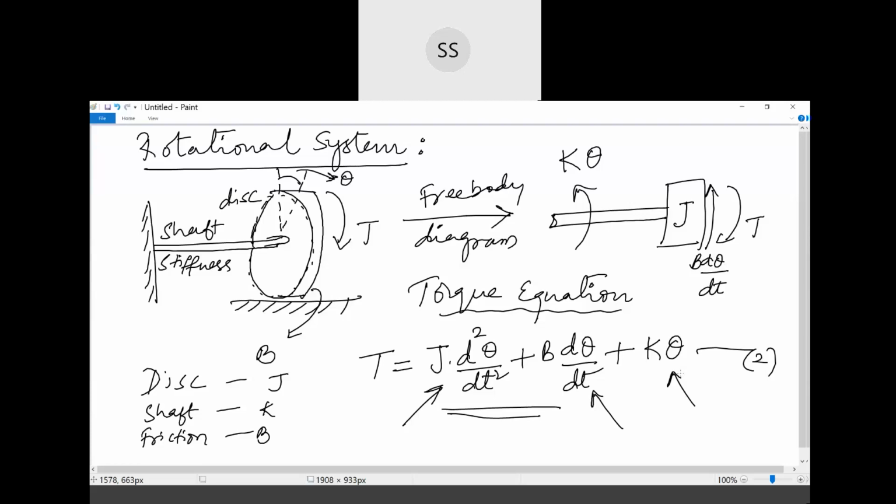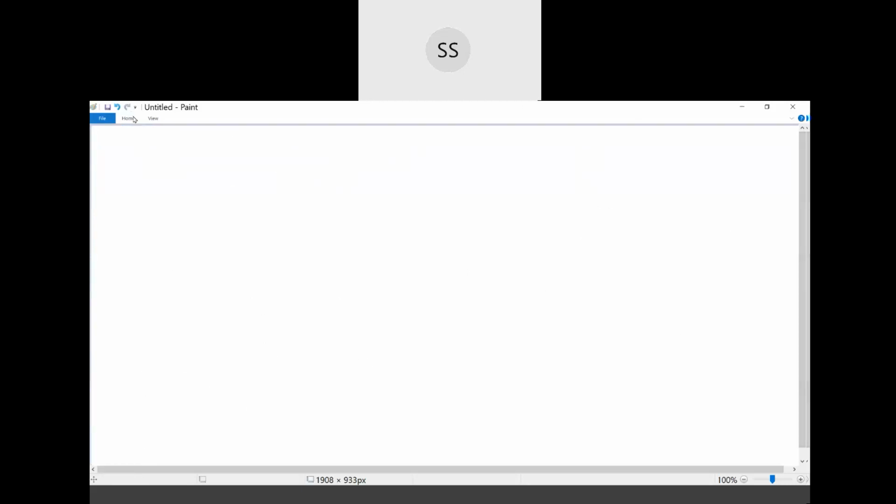So that stiffness of the shaft is just like a spring, and that will be represented by K into theta. Overall the applied torque T will be equal to the sum of these three torques. Now to summarize, we have now for translational system